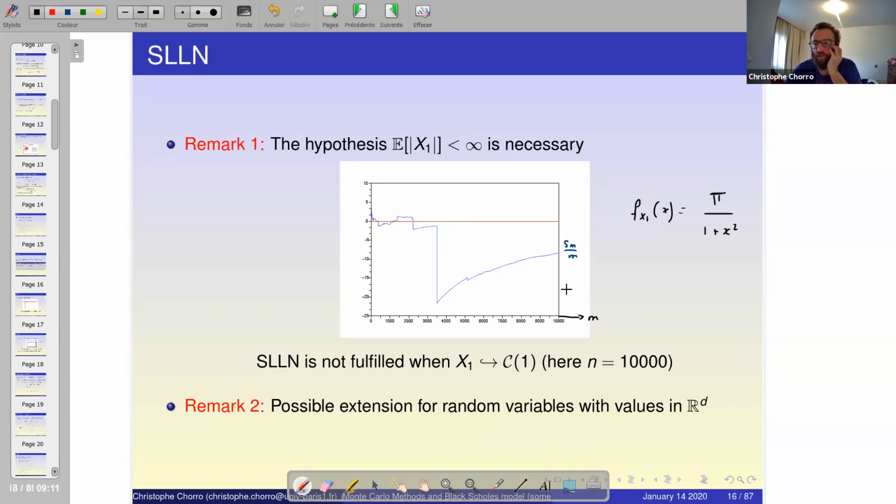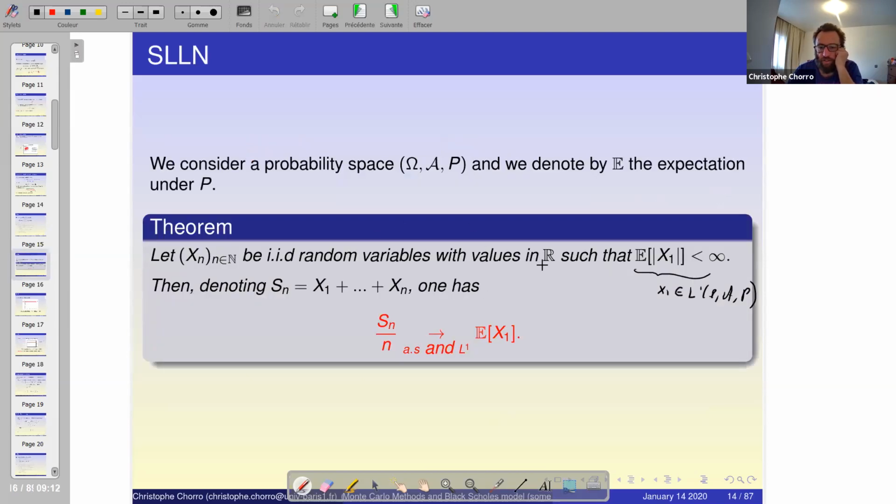Okay, and here it's just an illustration in the case where you don't have an expectation and you see that you don't have the convergence, almost sure, of Sn over n. And what is nice with this strong law of large numbers, if I come back to the previous slide or this one, is that here it's in the case of